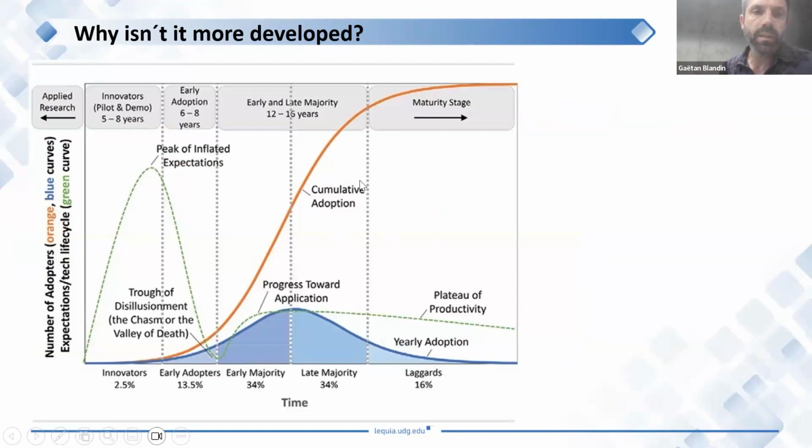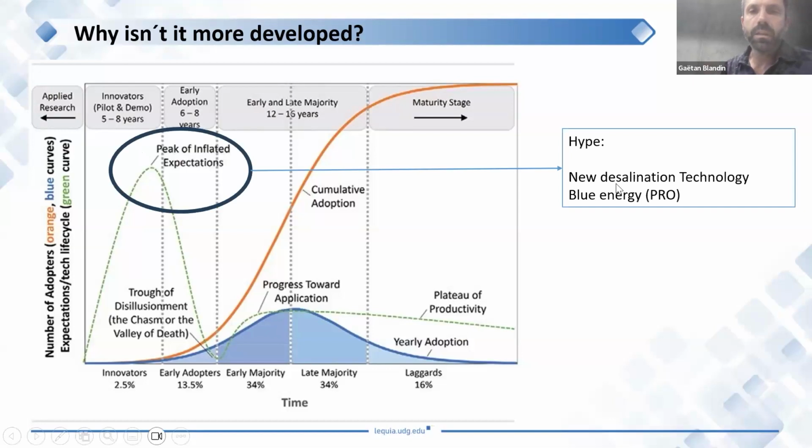And basically, if you look at this type of figure that you can see for many business developments, new idea developments, there are all these phases from the research, innovation, and then finally when it reaches the market. And I think 10, 15 years ago, this is where forward osmosis was. So there is this peak of inflated expectations, especially because it was expected that you can produce blue energy with PRO and also new desalination technology. So it was like huge potential if this is possible, because when you touch water production and energy production, of course, there is a lot of expectation and a big market potential. Since this PRO and the competition of forward osmosis versus reverse osmosis was not so clear, then the expectation went down, and